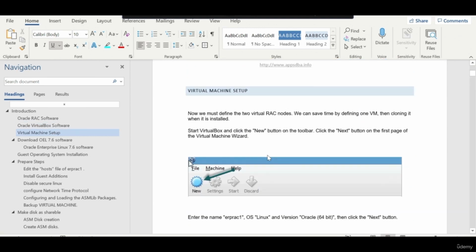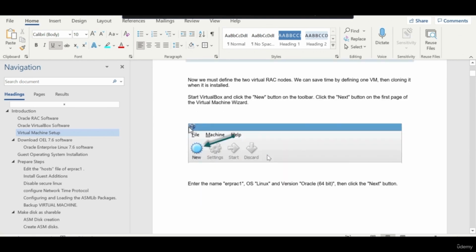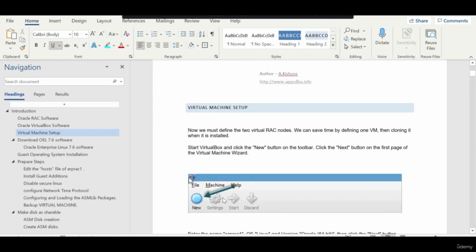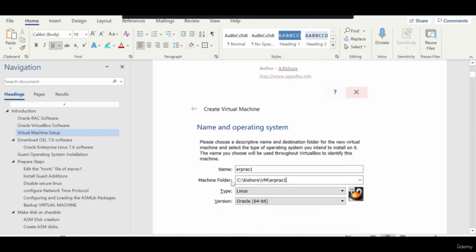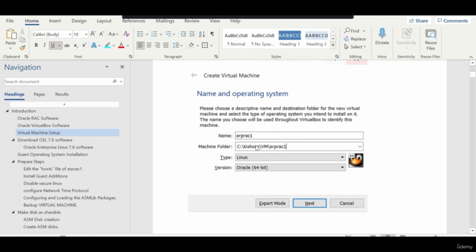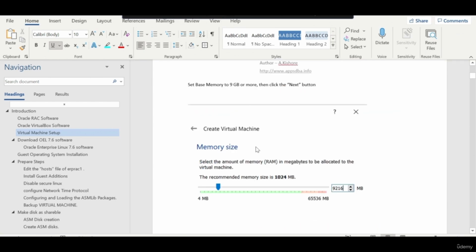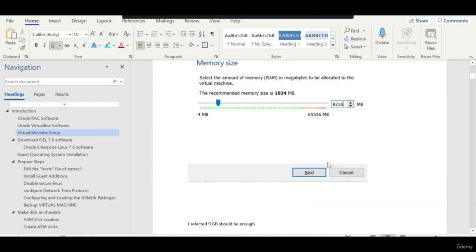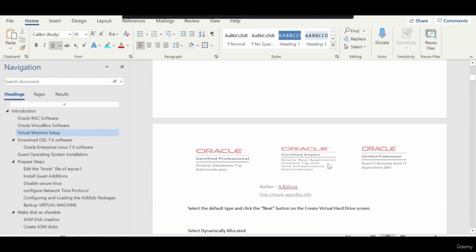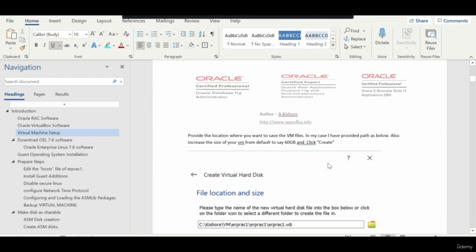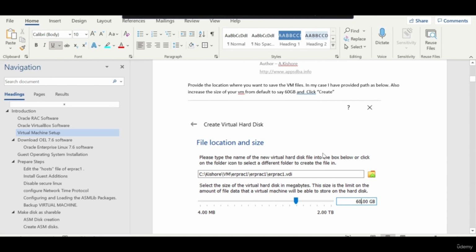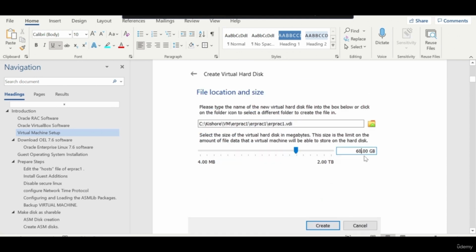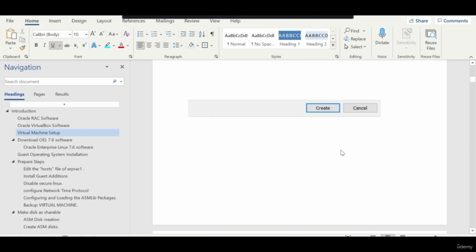What we are going to do is create virtual machines. After installing Oracle VM, you go to File, New, and give the name as ERP RAC 1 and allocate the RAM as 9 GB. Select dynamically allocated for the operating system. You can allocate around 60 GB, because if in future you want to upgrade, 60 GB should be good. This is for the operating system and the grid and Oracle Home RAC Oracle Home